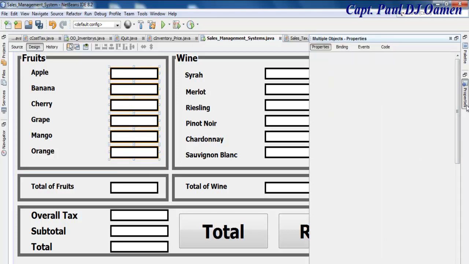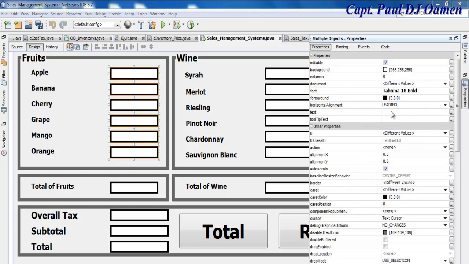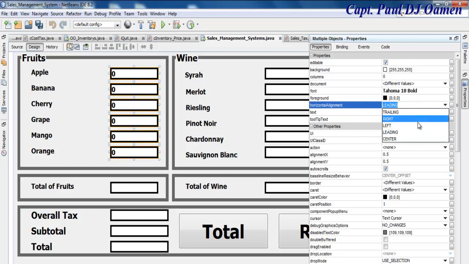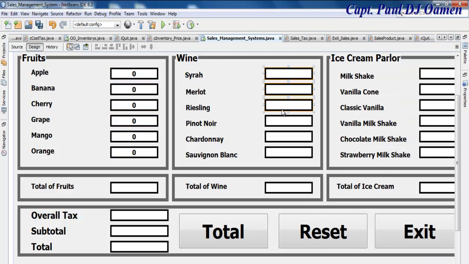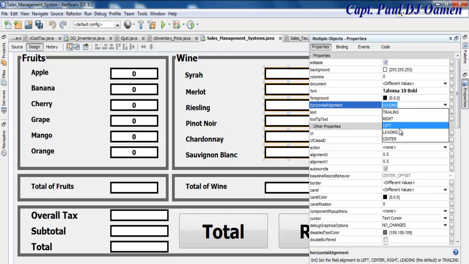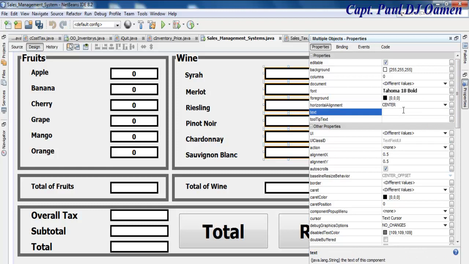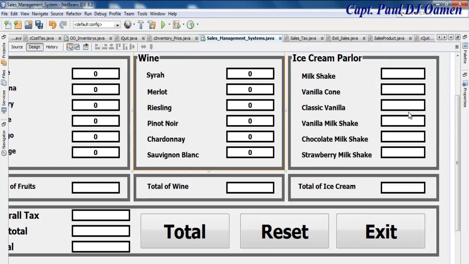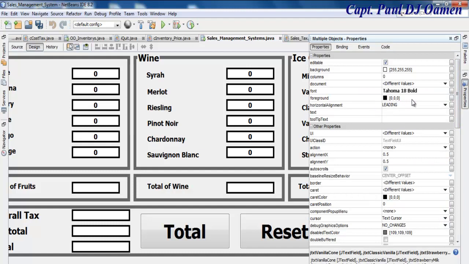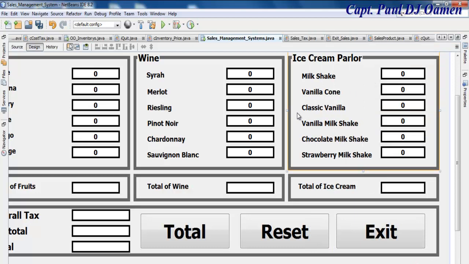Come into the property and just enter 0. Now come here, 0, and let's align it, maybe center. Okay, let's repeat the same thing for the next one. Align center, and default value is 0. Align center as well, and default value 0. That's it, guys. So if we run it now,